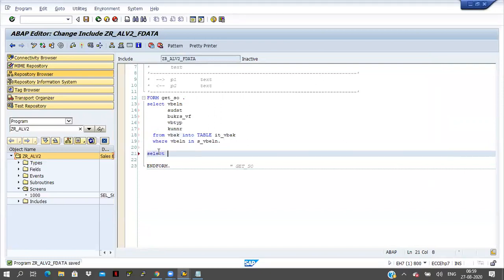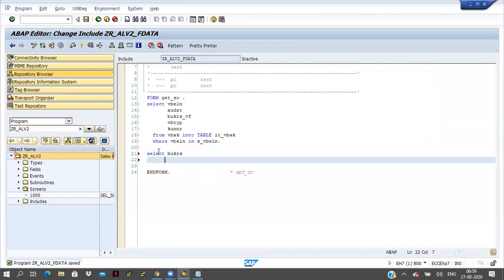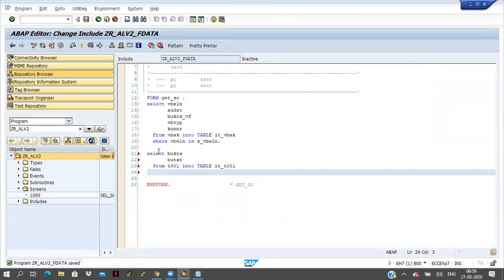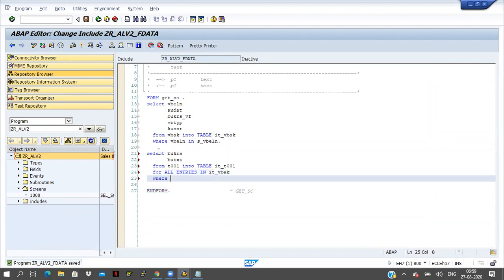Select bookers, UTXT from T001 into table IT T001. Here I am using for all entries concept, for all entries in IT VBAK, and where bookers equal to IT VBAK hyphen bookers underscore VF.